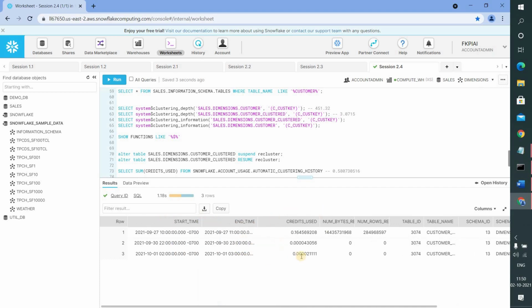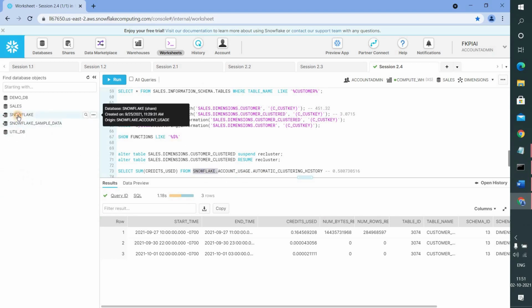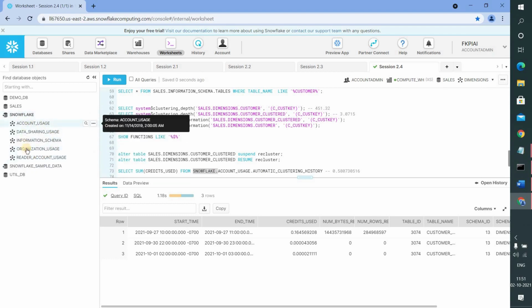So here in this table, basically Snowflake only talks in terms of credits. So how can we convert these credits into dollars? We will discuss that in the going forward classes. In the coming classes, we will see more about this Snowflake database, and here you will see the database. This database contains usage of all the Snowflake services and their charges.